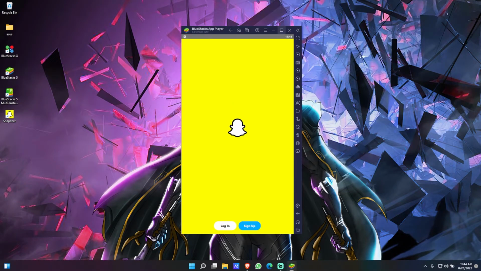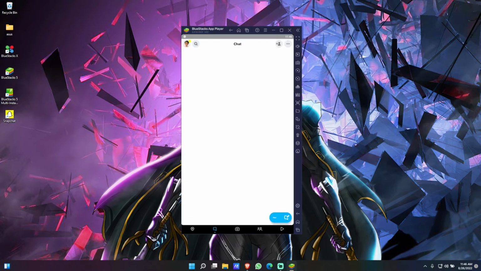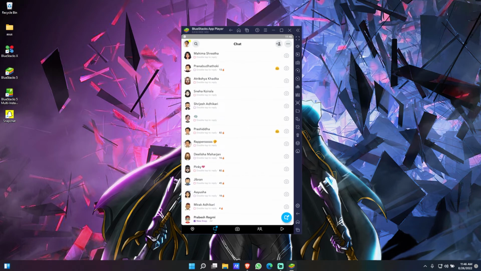So finally, once you go ahead and click on open, here you go, here's the page you're going to be on. Simply click on login and go ahead and log in to your Snapchat account. And finally, once you have logged in, you can simply click on allow. So finally, once you have logged in, as you can see, you can simply go ahead and use your Snapchat